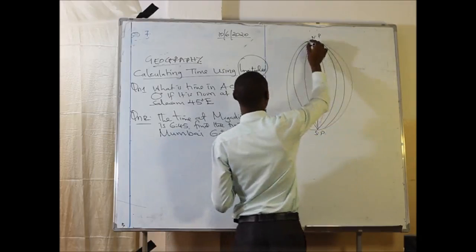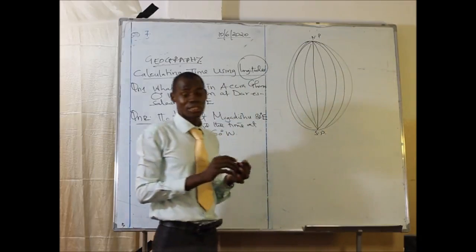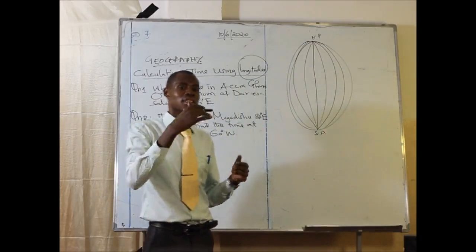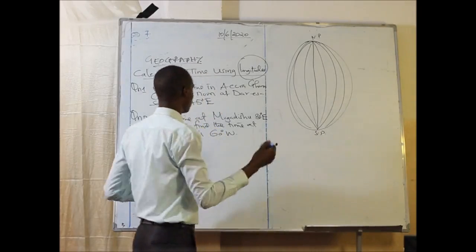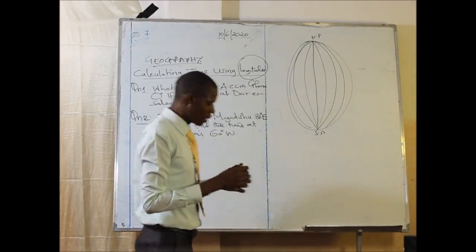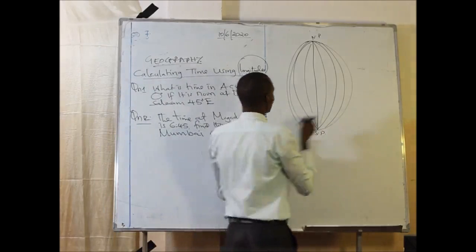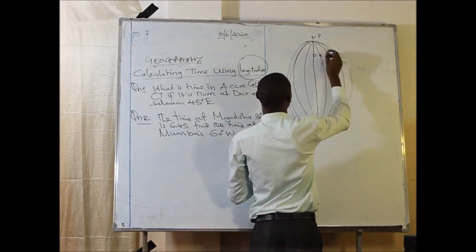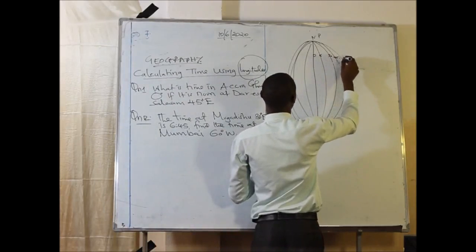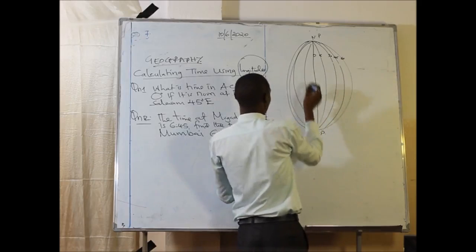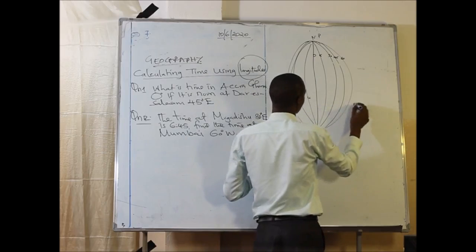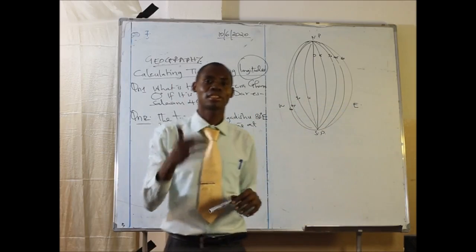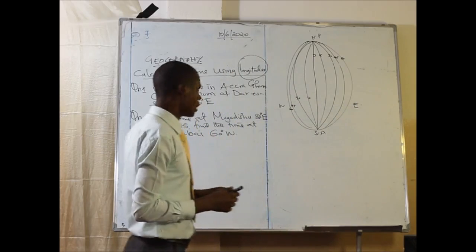These lines of longitude are divided at every 15 degrees. That means that every 15 degrees covers 1 hour. So that gives us a formula. How can we use these lines of longitude? Let's say that this is 0 degrees, this is 15, this is 30, this is 45, and this is 60. The same to this side: this is 15, this is 30, this is 45, and this is 60 degrees. This side is west, and this side is east. So the lines are divided at every 15 degrees.